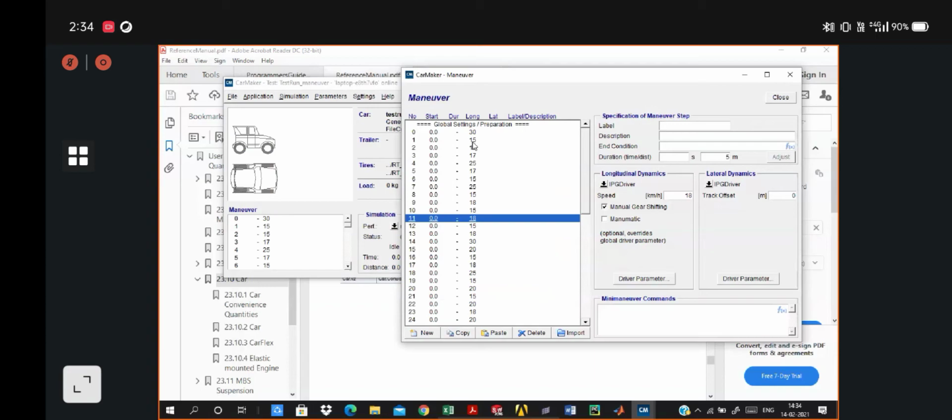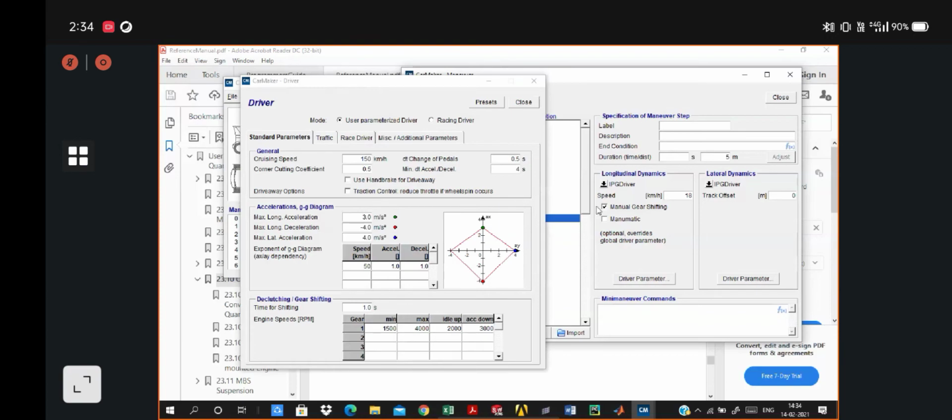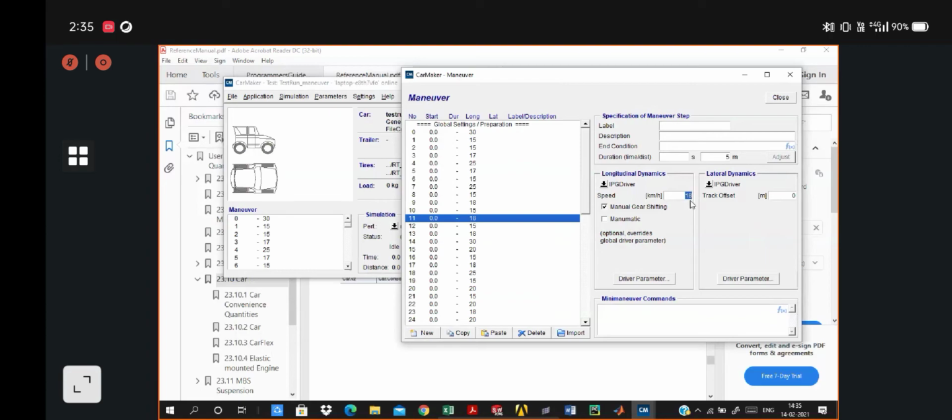Yeah. So in the speed tab here, the speed should be kept at only 60 kilometers per hour or lower. It is already mentioned in the IPG CarMaker rule book, the dynamics rule book, which we have released recently. So please go through that rule book and make notes of whatever rules we have listed out.